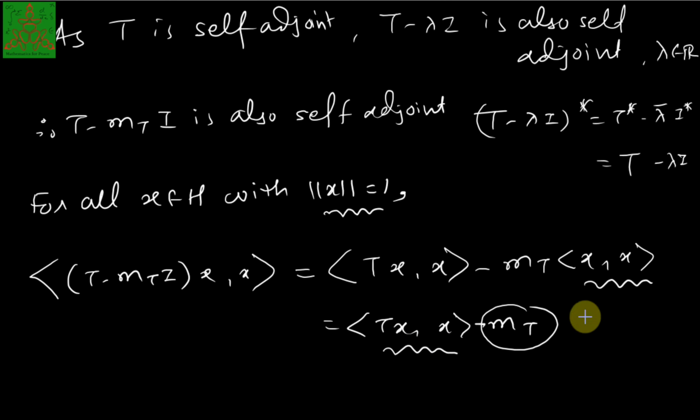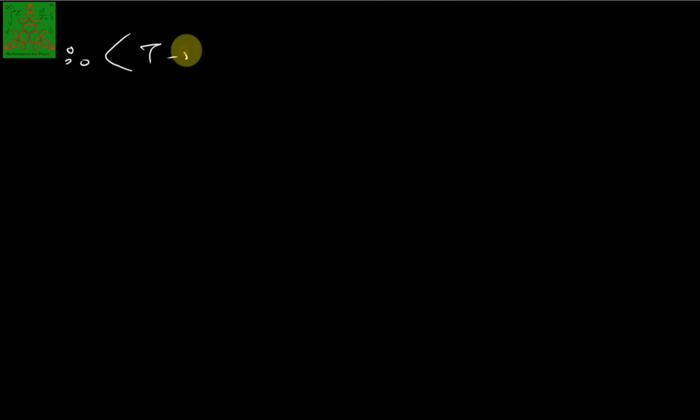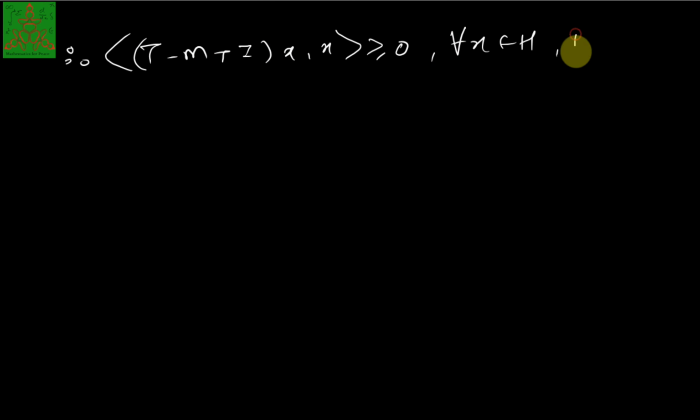So this value is always greater than or equal to 0. That means I can say that ⟨(T − mI)x, x⟩ is greater than or equal to 0 for all x, having this situation. Therefore ⟨(T − mI)x, x⟩ is greater than or equal to 0 for all x belonging to H with norm of x equal to 1,